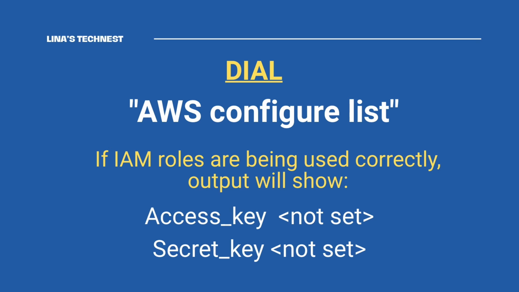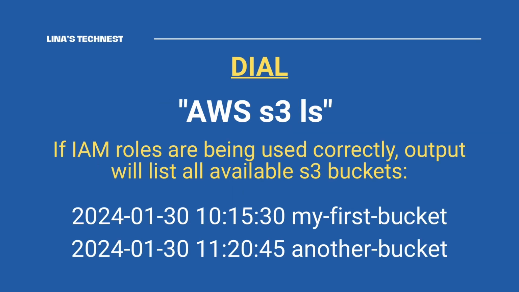If IAM roles are being used correctly, the output should show access key not set, secret key not set. Since our EC2 instance has an IAM role with S3 permissions, we can now access S3 without configuring credentials. So run aws s3 ls, and if the IAM role is set up correctly, the output will list all the accessible